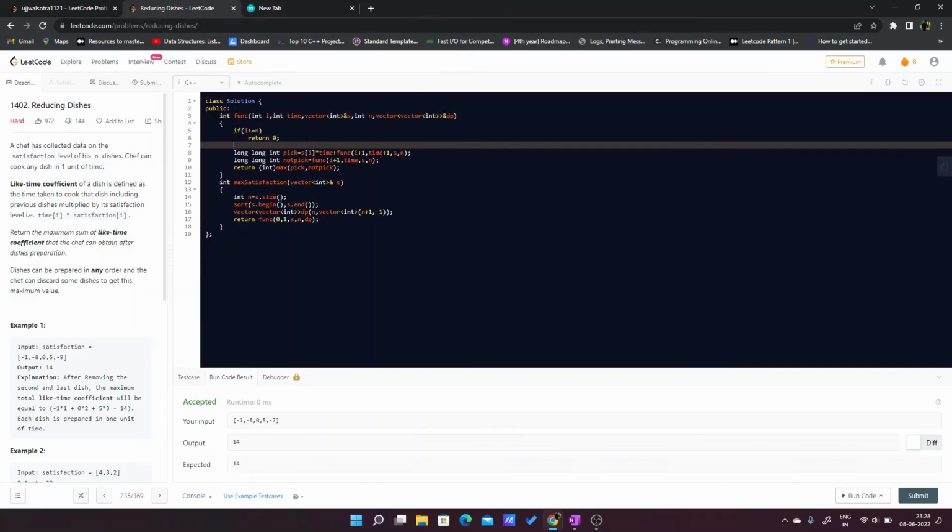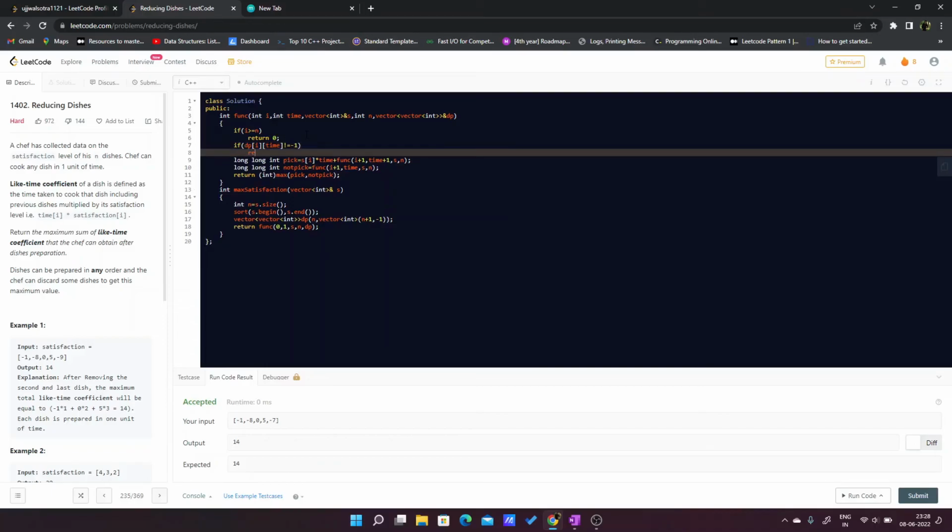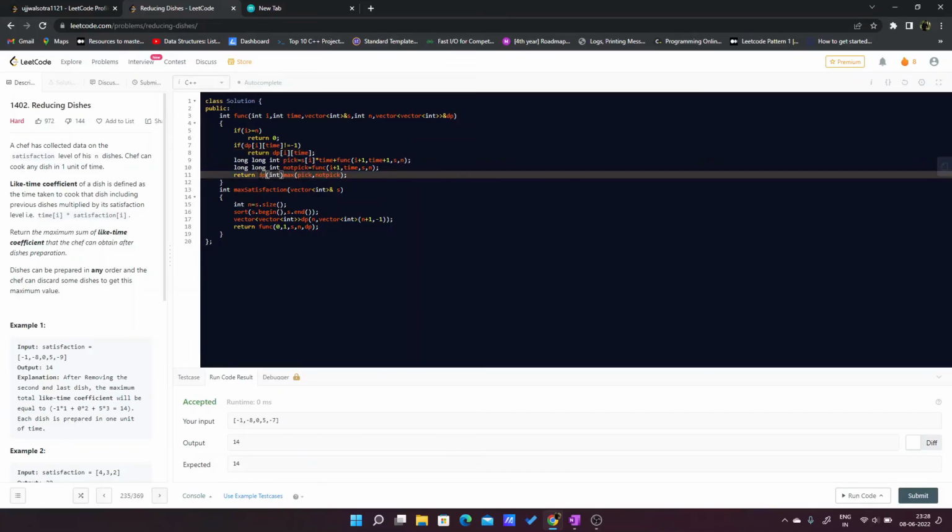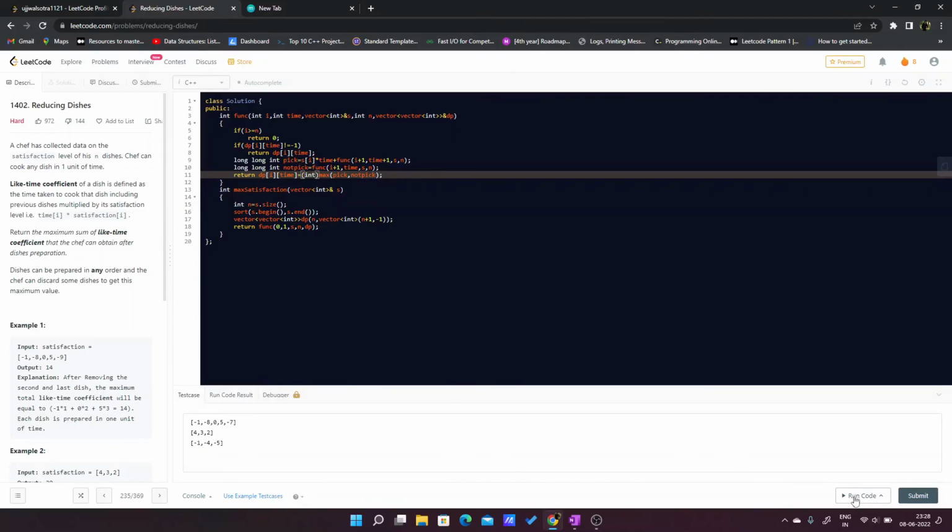Now I'll check if my dp of I and time is not equal to minus 1. If it is not equal to minus 1, I'll return dp of I and time, and in the end I'll just return dp of I and time equals to value. Now if I run the code again,